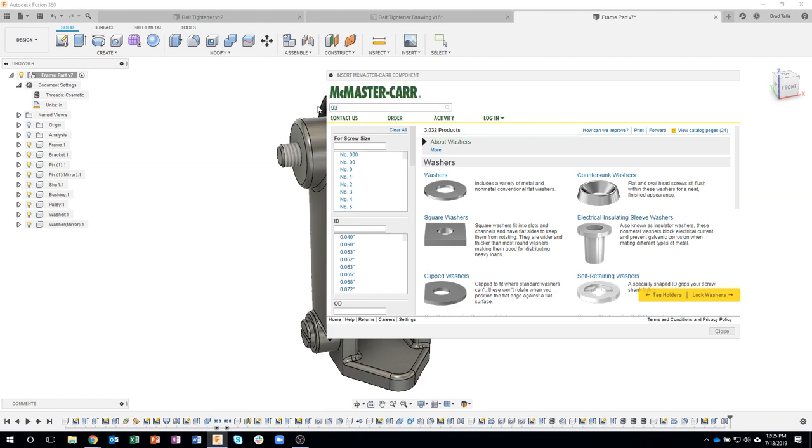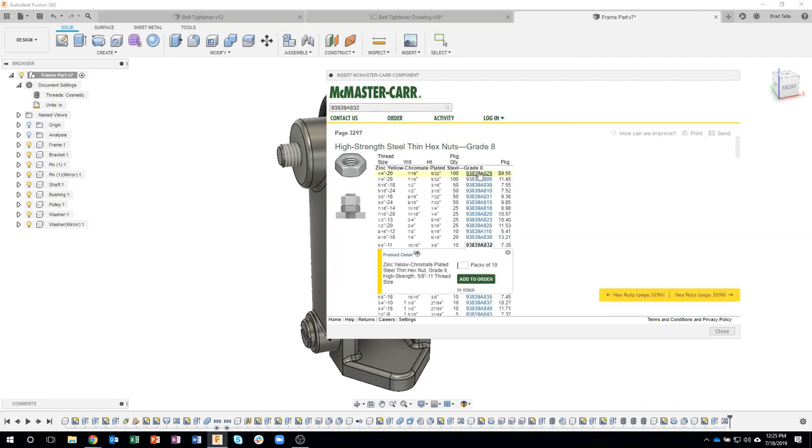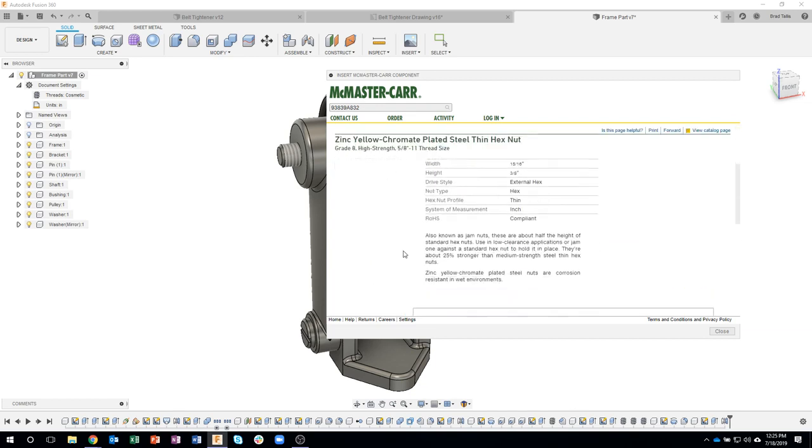So, for example, 93839A832. I'm going to go ahead and search for that, and you can see that it actually found it in the catalog right here, and it opened it up for me, and sure enough we can see it's a high strength thin hex nut, and if it has this little CAD symbol next to it, I can click on that product detail